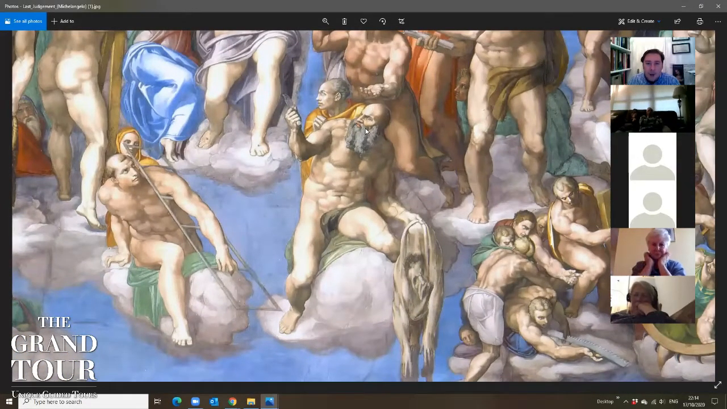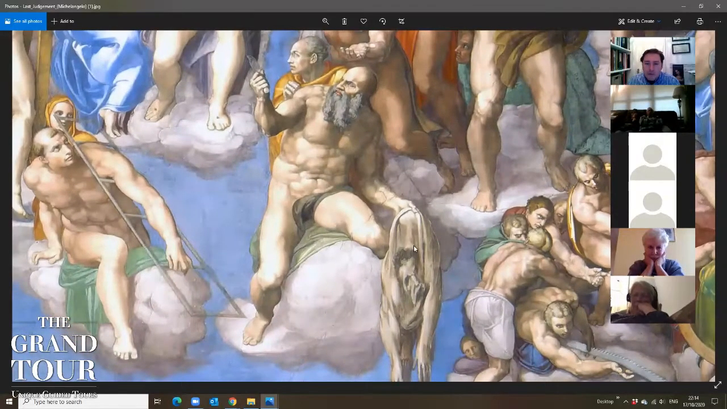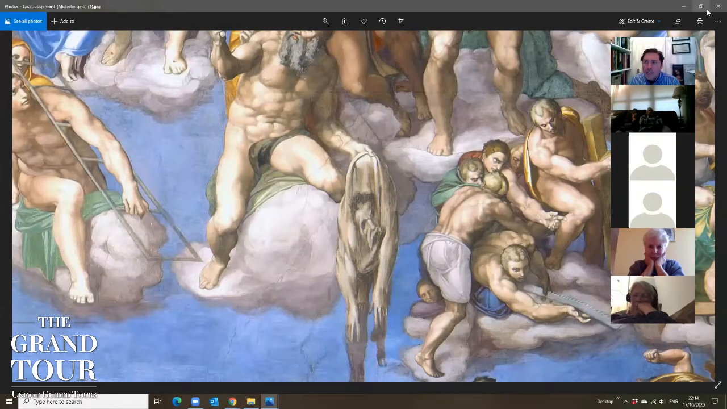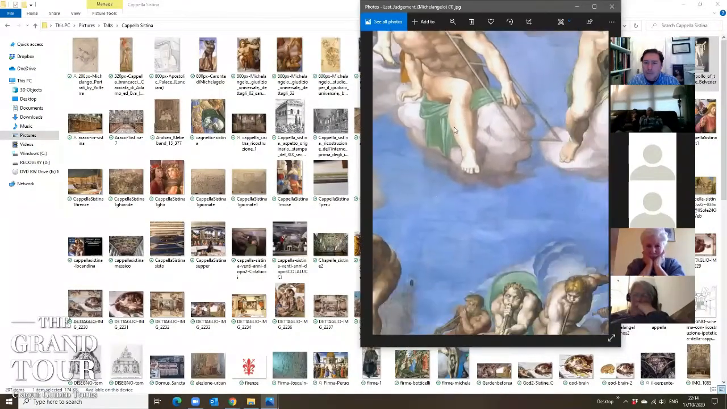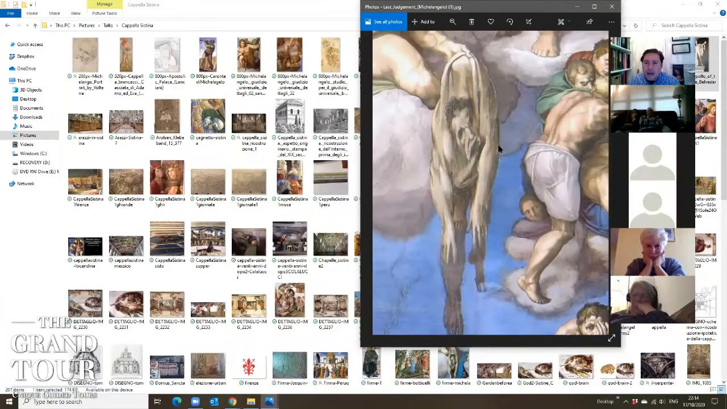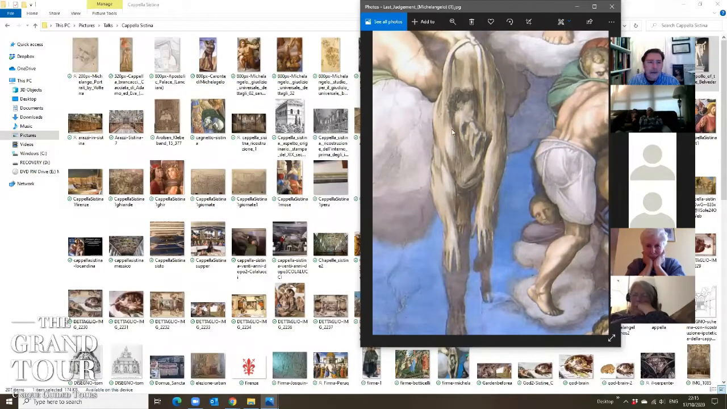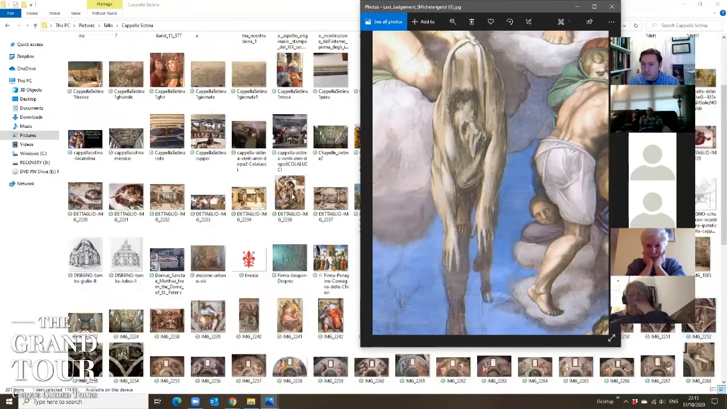This is San Bartolome with the knife, but San Bartolome is holding a skin, which is the self-portrait of Michelangelo. So Michelangelo managed to put himself in here as a flayed man, as a flayed skin. Why would he do that? I have a better portrait somewhere, but I might be using that one. This is by,